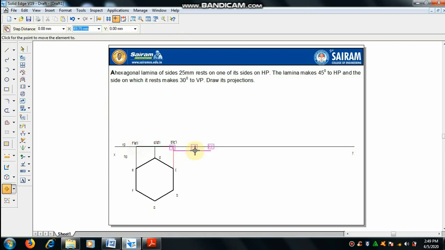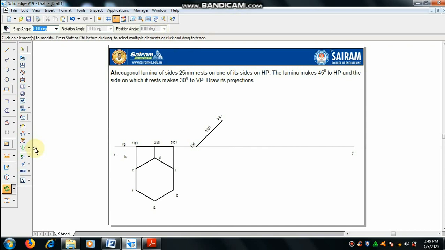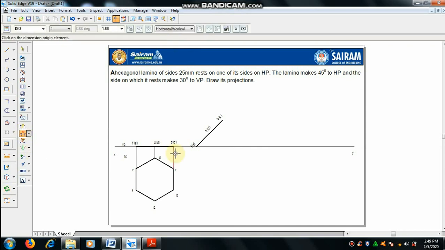We have to move this a little bit and use the rotate command here. Select the center of rotation and select it. You can rotate for the angle given, that is 45 degrees. So now it is rotated. The angle you can see is 45 degrees.